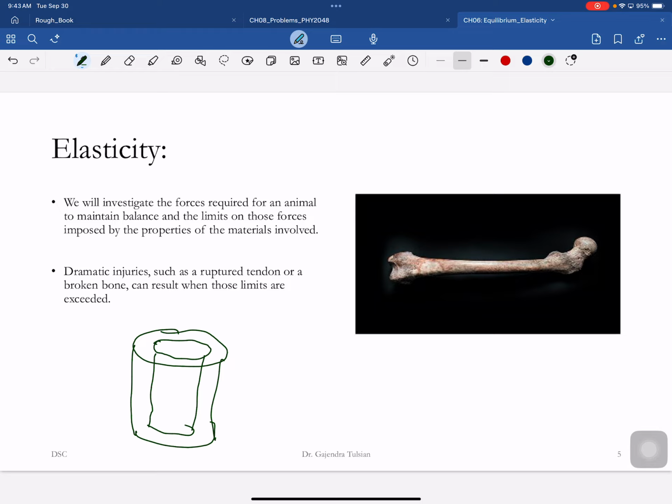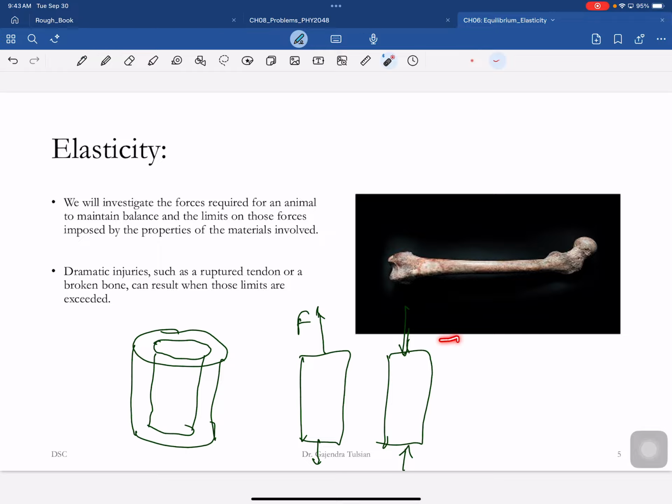And what you learn is, your bone is... Now I'm going to draw not in detail like this, okay. So now let's say I apply two forces like this. This is a compressive force on your bone. And when does this happen? Let's say when you jump and land, your bone experiences compressive force.